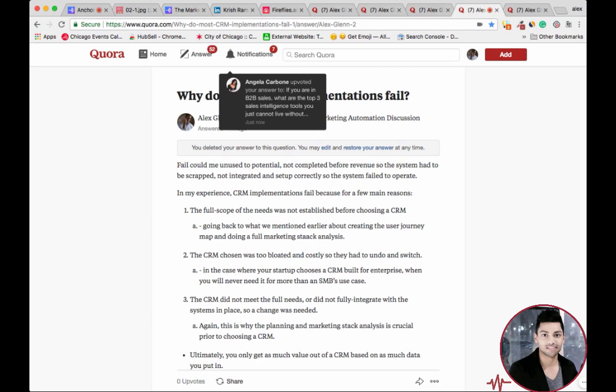CRMs can get complicated even for reps to onboard onto. If I'm having to take a week to explain to them what they need to fill out, how they need to fill out, what tools they need to use, are they going to focus more time on that, or are they going to focus on actually what they were hired to do, which is to have great conversations? So baking in behavior to update after every single call is also very hard.